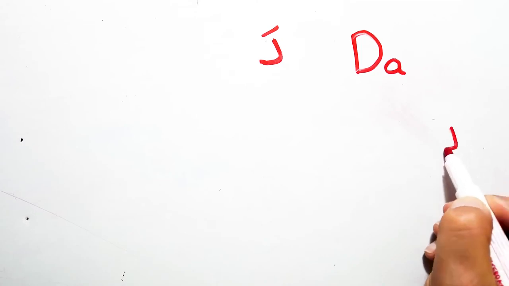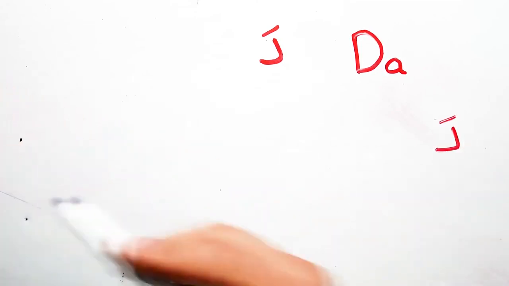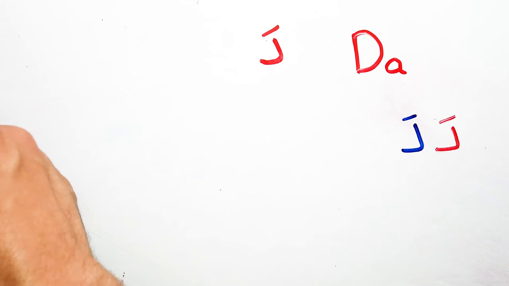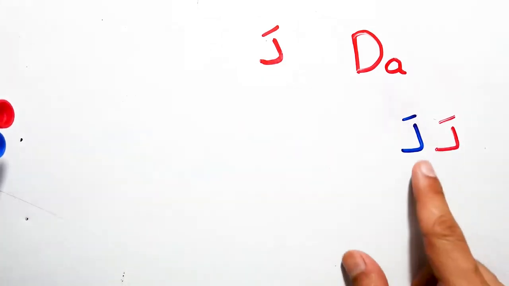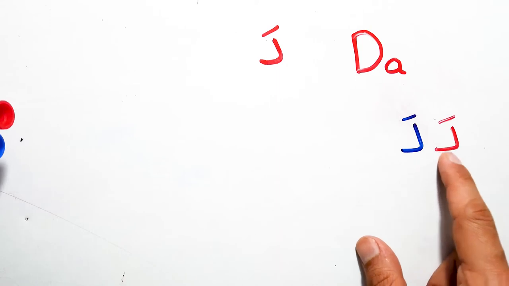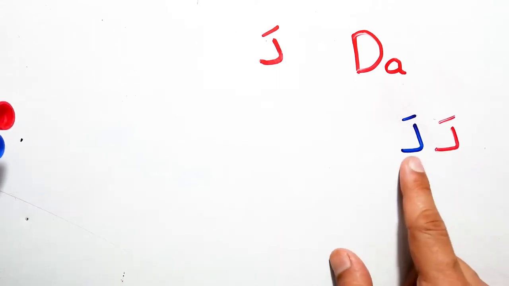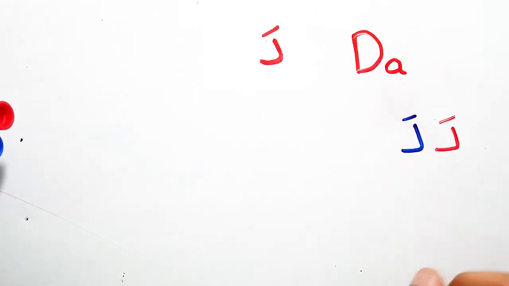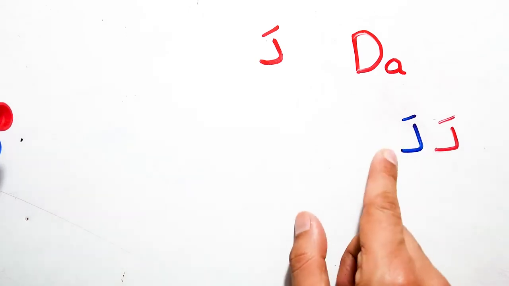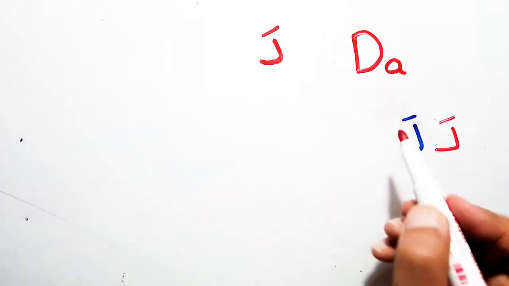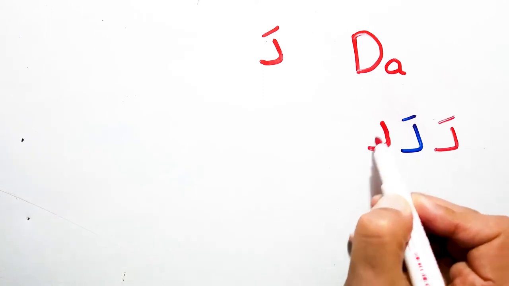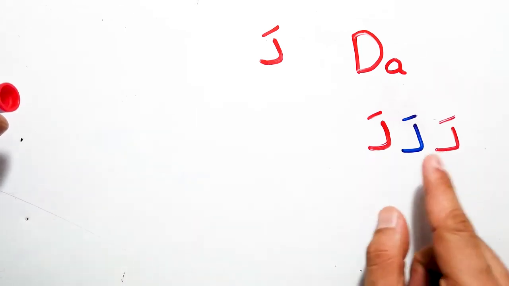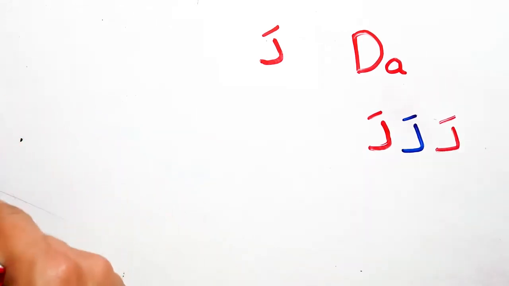So da in the beginning of the word is like this. Da in the middle of the word is like this. So now we know that da is a refusal letter as well because it's not connected to the previous one. So what does it mean? It means da can get connected just from the right side when the previous letter is not a refusal letter, and it does not get connected from the left side. Now I'm gonna add da in the end of the word. So let's read together. Da, da da, da da da. Okay, let's see the other shapes of da.